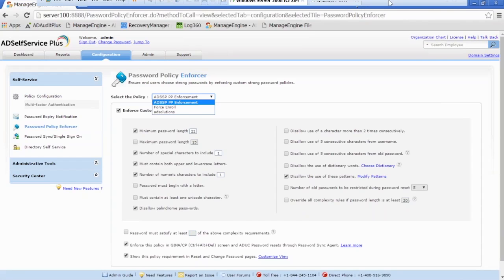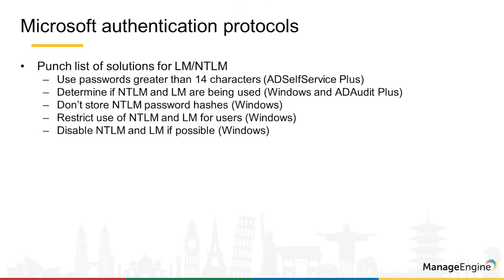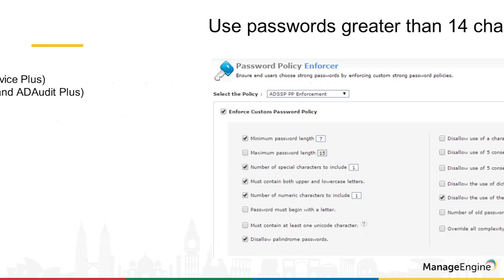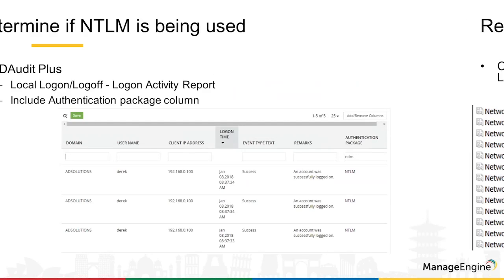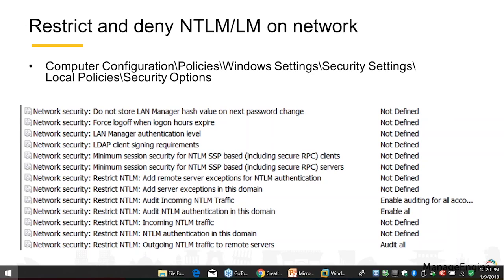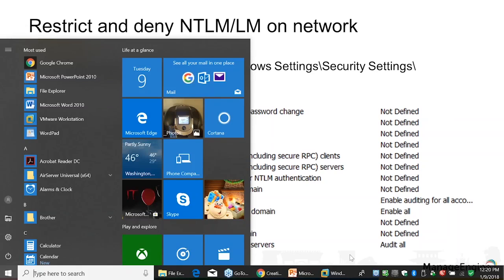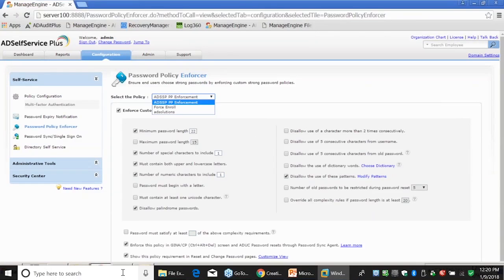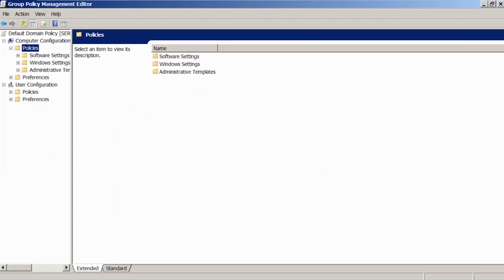actually, I'm going to go back to my slide and I'm just going to show you this. If you go into group policy, here at this location, right? Computer configuration policies, Windows settings, blah, blah, blah. You can actually go in here and you can force NTLM and LAN manager to be allowed or negated. Now let me show you where this is actually in the operating system. So I'm going to come back in here. I'm going to go to group policy. I'm going to go to my Windows settings,